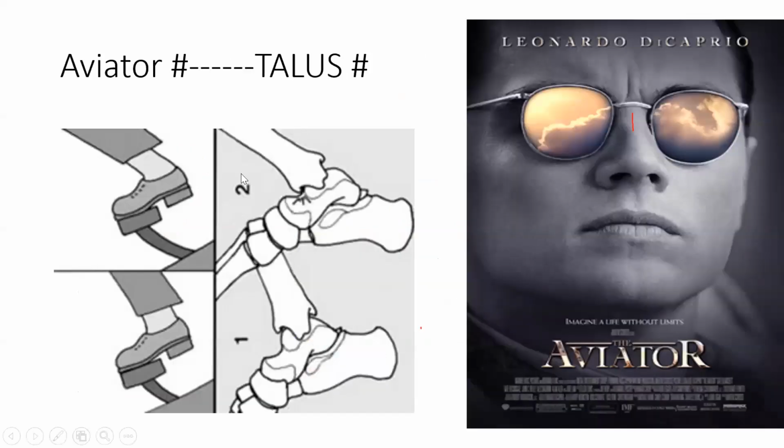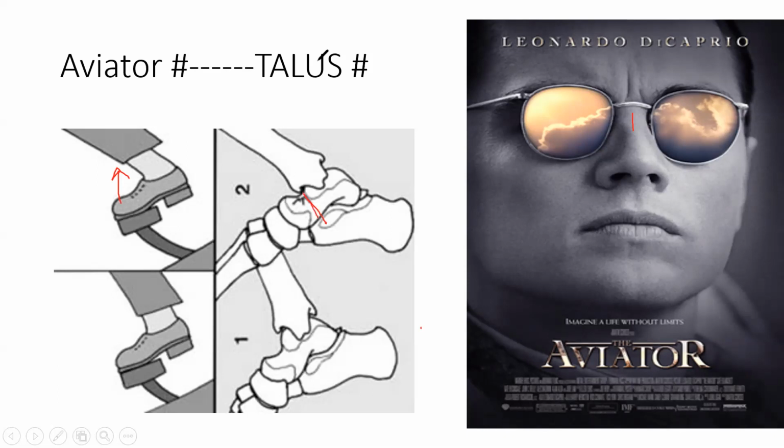Then there is something known as aviator's fracture. Aviators are like pilots who are usually involved in air crash accidents. Sometimes this type of fracture is found even in motorbike accidents. The fracture pattern is such that whenever you apply brakes while landing, the foot goes into dorsiflexion. Even if you are driving your car and you have a sudden jerk or have to stop suddenly, your foot goes into dorsiflexion. Whenever your foot goes into dorsiflexion, there will be a break in the talus neck.